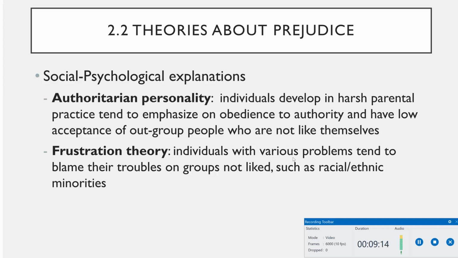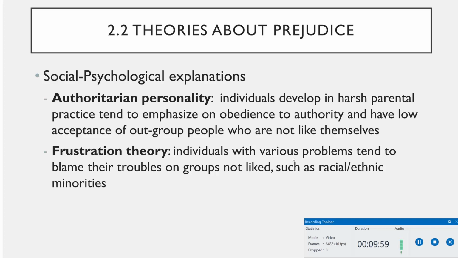The first view is the social psychological explanations. The authoritarian personality theory explains how the family, especially parenting, impacts the level of prejudice. People who grow up in a family with a harsh parenting style grow up with higher obedience to authority, and they have a low tendency to accept other groups. So they are more likely to have a higher level of prejudice compared with people who grow up in a more